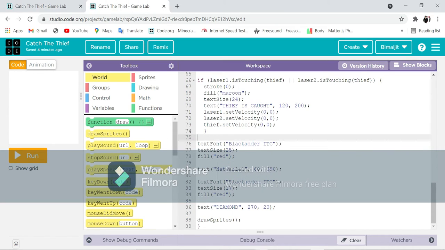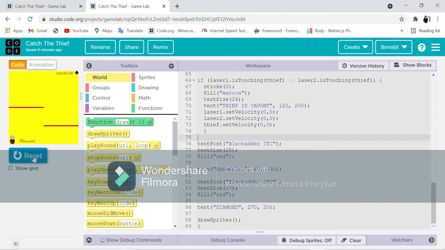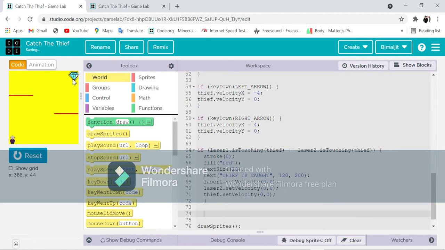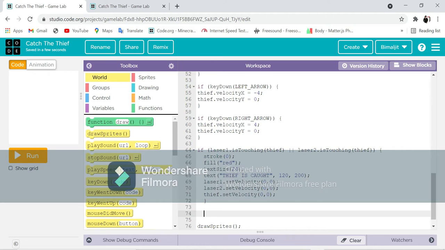Now what is left is that we have to write the Natwalal text and font. So let's write. This is the text for the diamond from where I wrote the diamond in my last code, as you can see. But there is still one thing left, that is the condition for the diamond. The condition is now working for thief is caught. Now let's write it for the diamond. So let's write the if condition: if, then parenthesis, and then curly brackets.